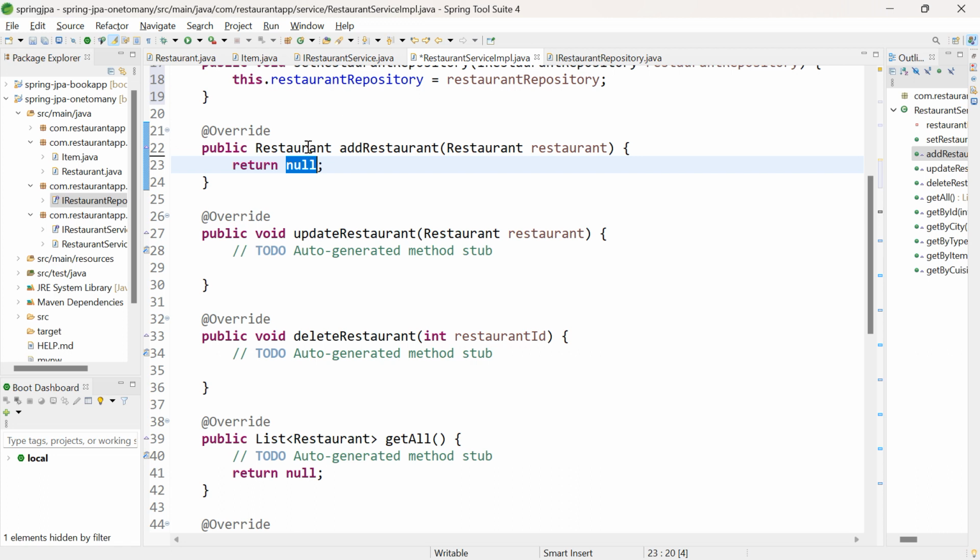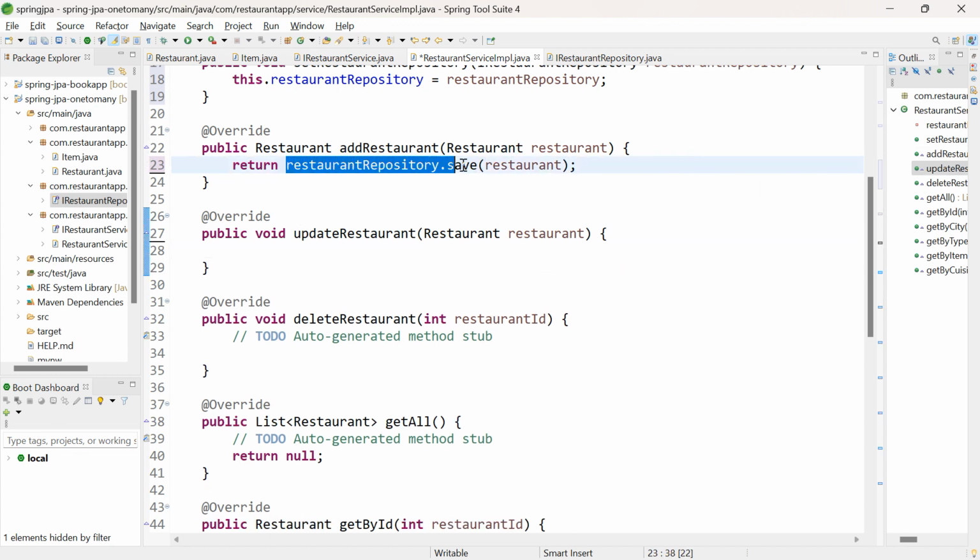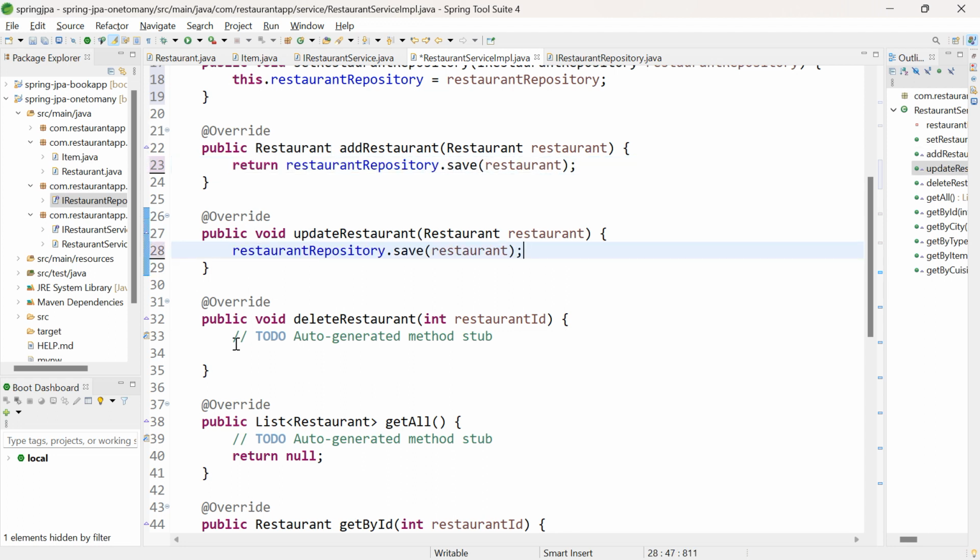For add restaurant alone, I have given the return type as restaurant. Okay, here it is. Restaurant repository dot save by passing the restaurant object. For this also the method name is same, restaurant repository dot save restaurant. One thing you need to understand about the save method is when an object is passed to the save method,